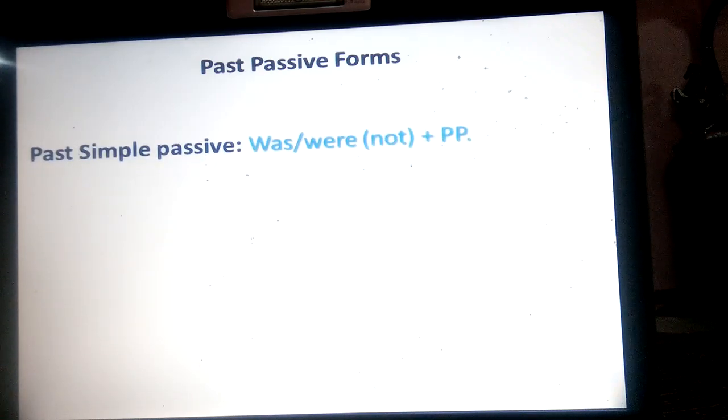Past simple passive: a verb to be in the past, was or were, and in the negative was or were not, plus past participle. الماضي البسيط في المجهول بنستخدم مع verb to be في الماضي اللي هو بيتكون من was أو were وباست participle وتصريف ثالث، وإذا كان في negative بيستخدم بعد was or were not. Example: